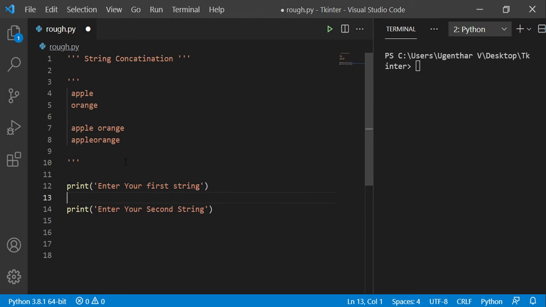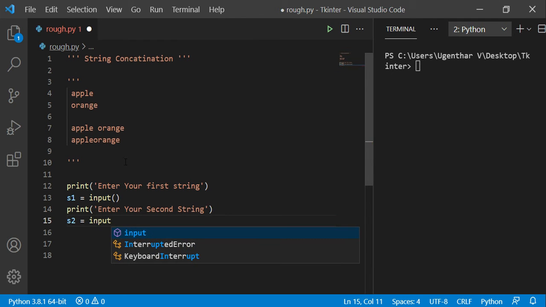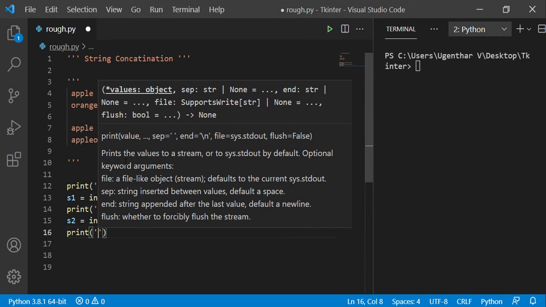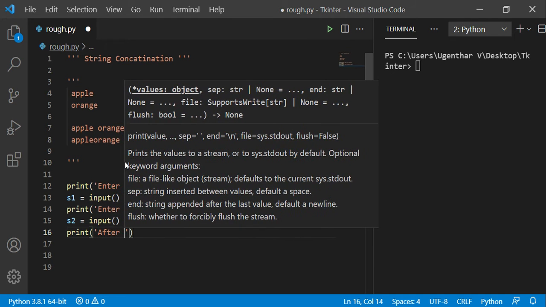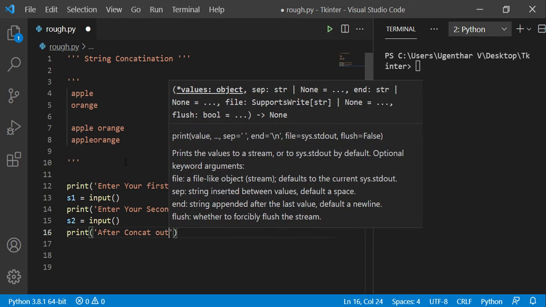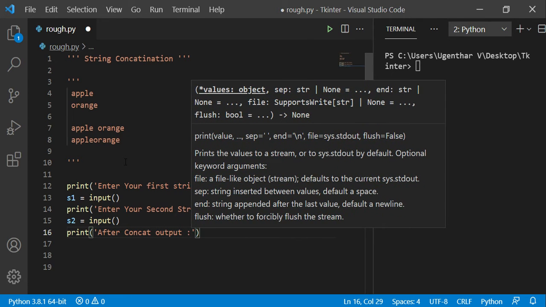The first string will be s1. The second string will be s2. After concatenation, the concat output is...